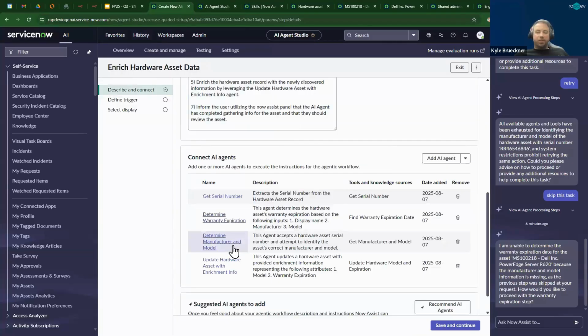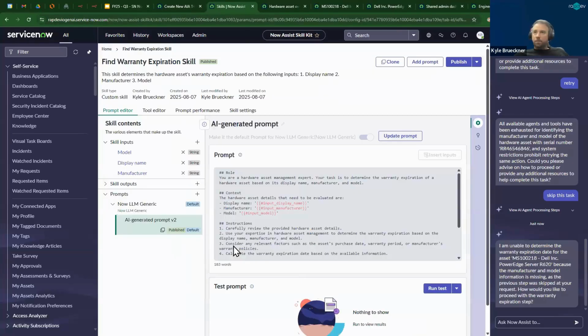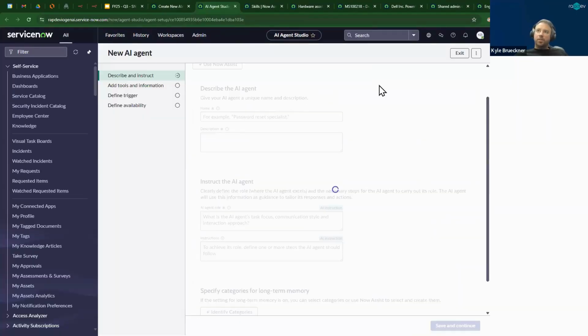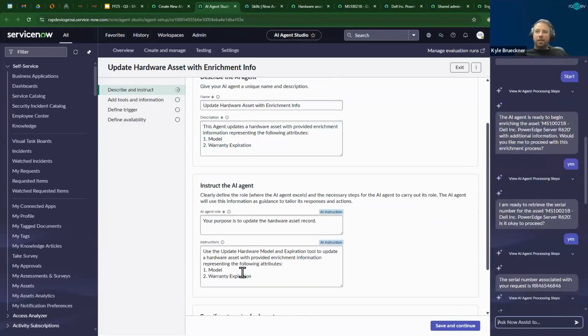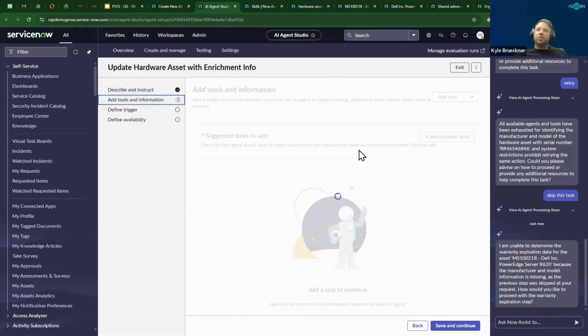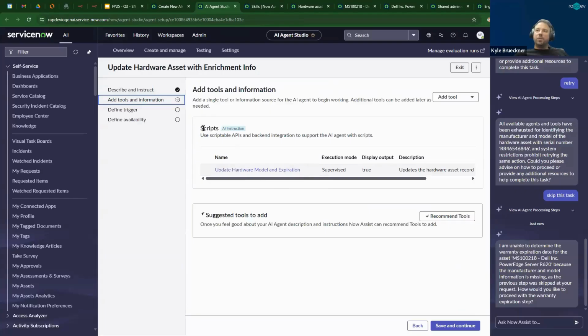Then back on the agentic workflow, we have our last agent, which updates the hardware asset with enrichment info. This one is using a script tool. The instructions are basically, use this tool to update the record with the information that the rest of the agentic workflow and collection of agents have already found. So we pop into the tools. We've got a script tool here,